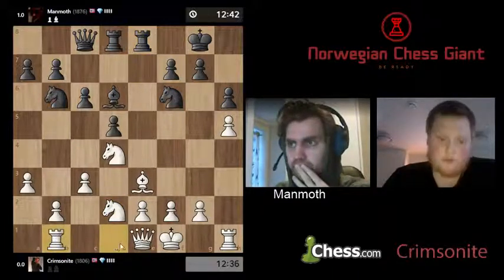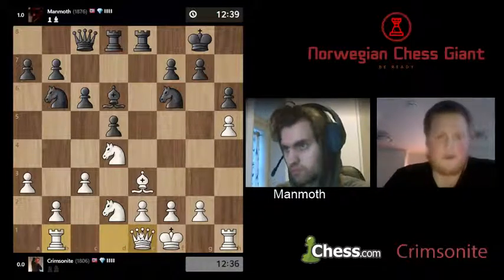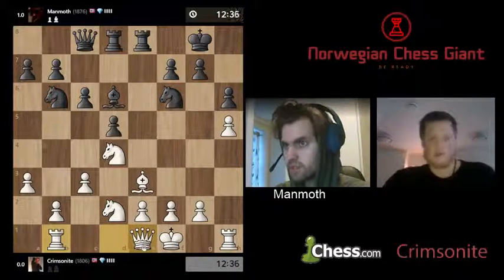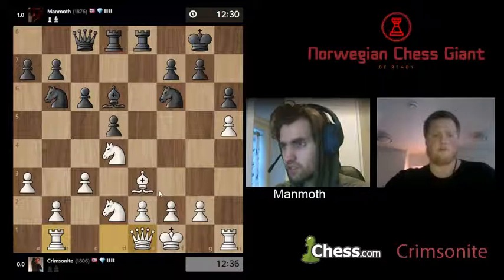I'm going to bring my rook to b1, trying to get my queen out this way so I can take on e3, which looks very tempting. I agree. But